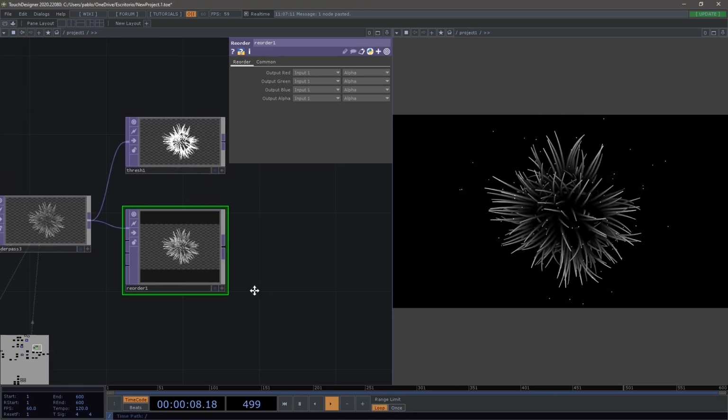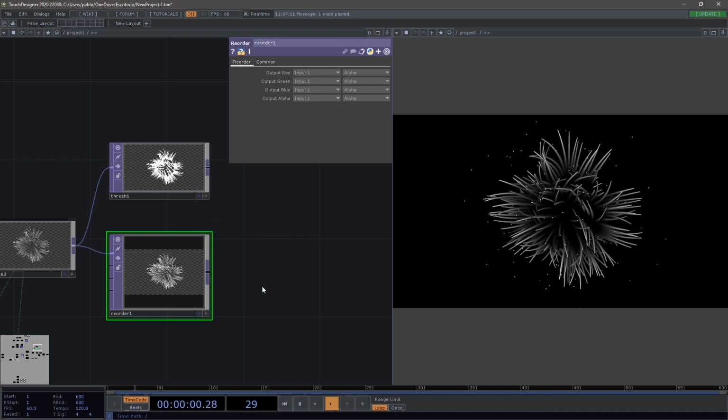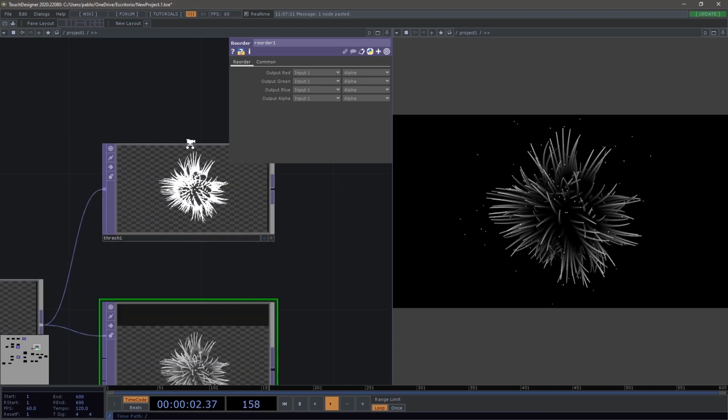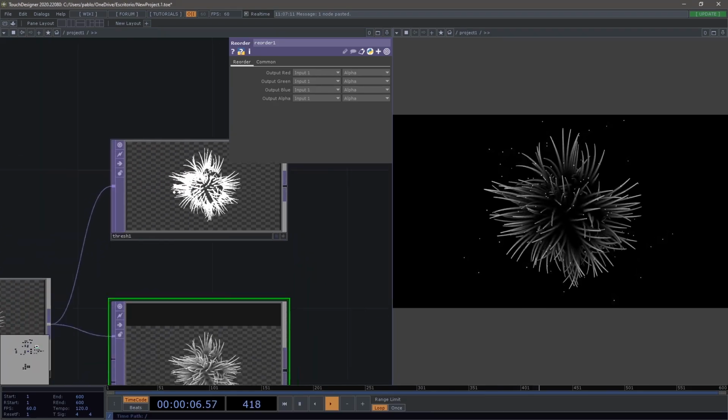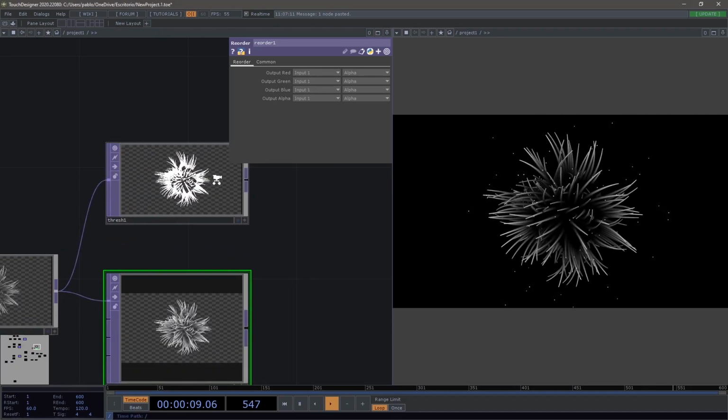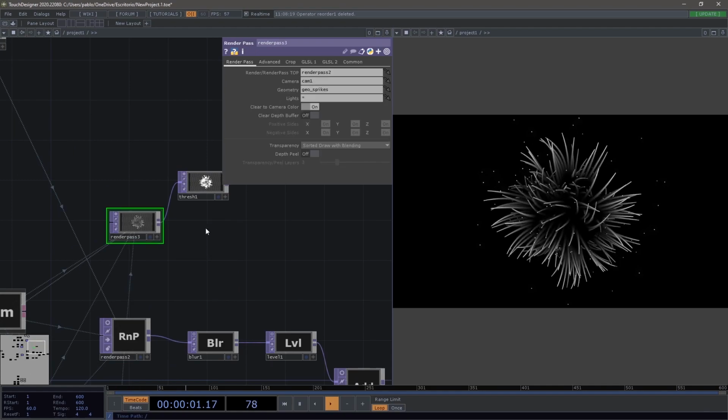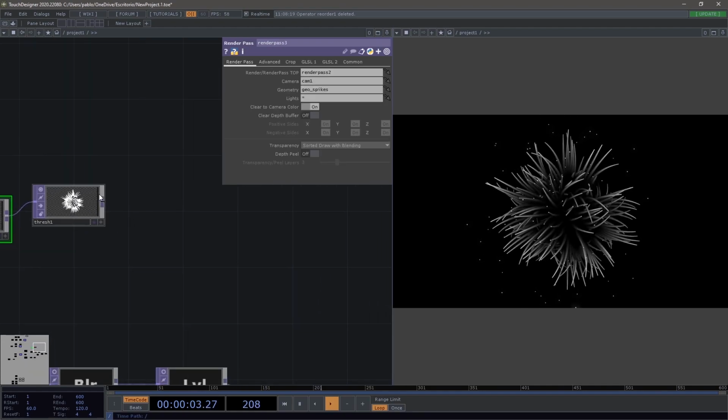So any of the options is good. I think for this example it's better to hide the threshold because I'm not going to render the geometry, I just need the white values of it. So I'll erase this one and go